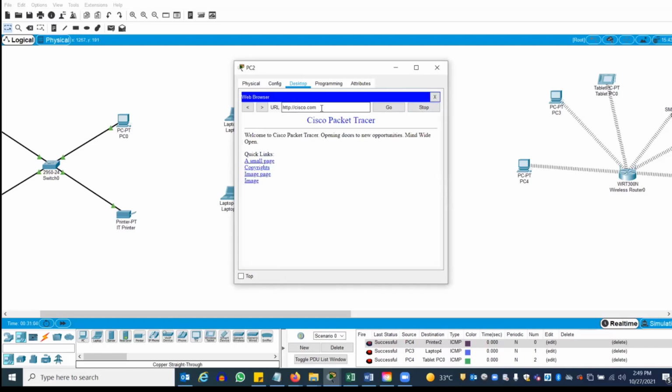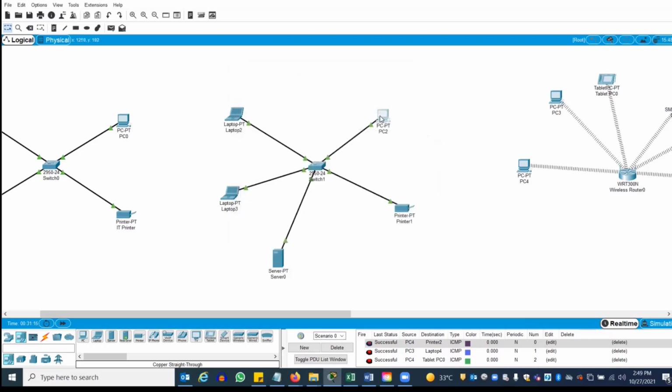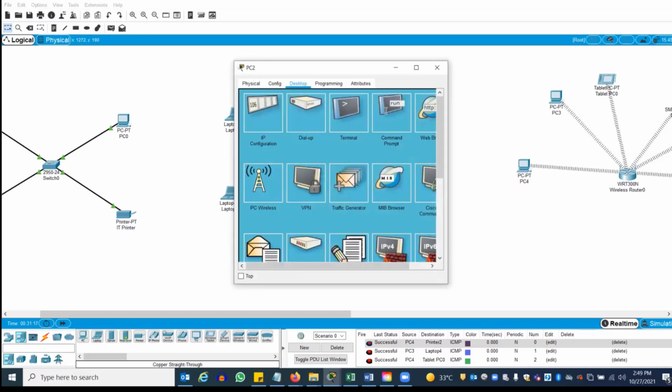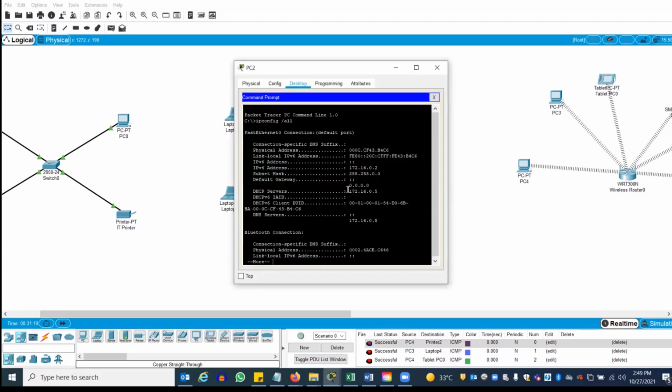Yeah, it's working, right? All of you seen this? Now I don't have to put 172.16 because this machine is getting my DNS. If you go here, if you see this 172, all of you know this is the DNS IP address of the server, right? I'm getting this.